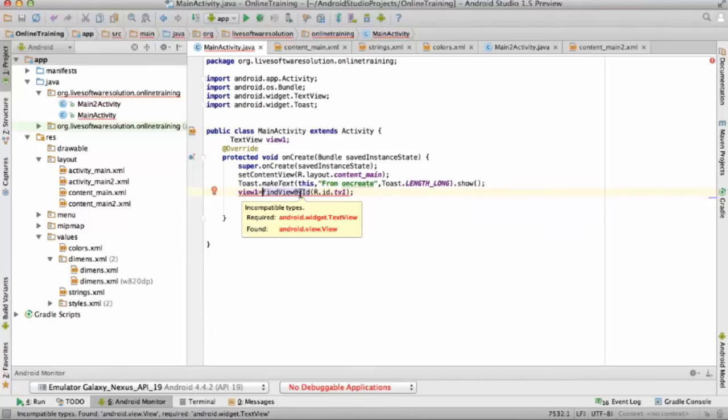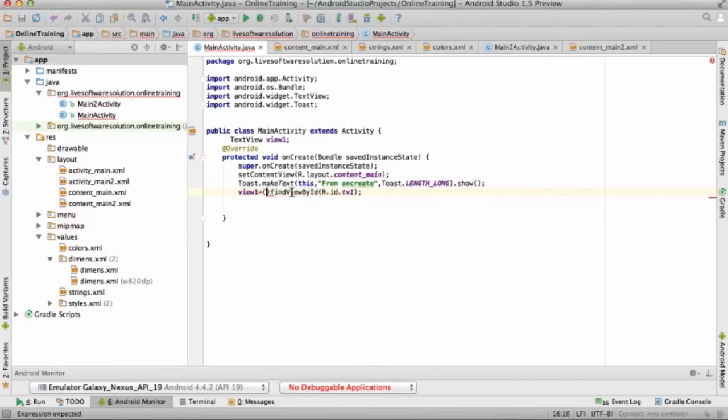On button click, you want to take some action, and the view means the text view. So here, define a global variable in the class, TextView view1, as a global variable, and Alt+Enter